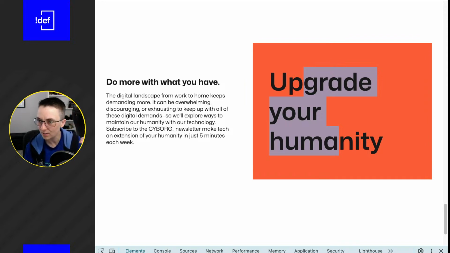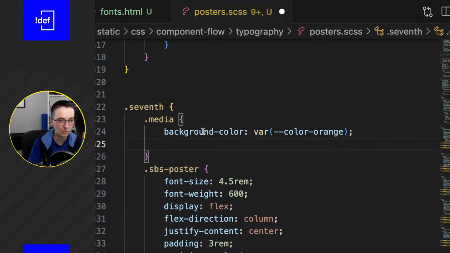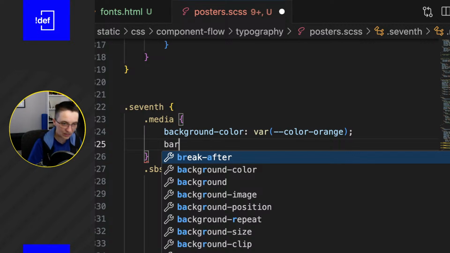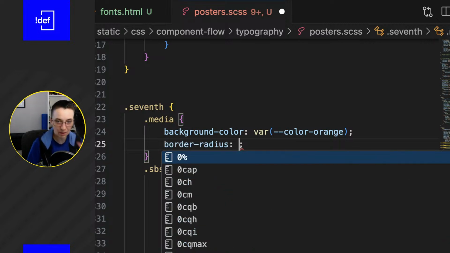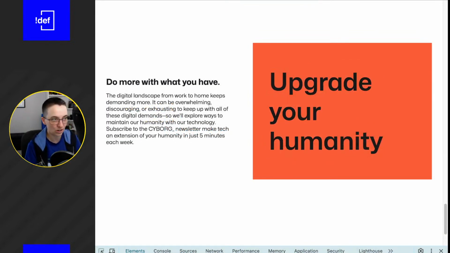Yeah, border radius for div with background color. Oh, so let's see. I think if we're talking about this part where the background color is, adding a border radius will clip the corners to make them a little bit rounder, maybe a little more friendly. So we could do something like, I don't know, 15 pixels, and let's see what that does to our orange here. That is definitely a lot more friendly. It's kind of funny how that makes such a difference. I do really like that. I wonder what we could do to kind of make this